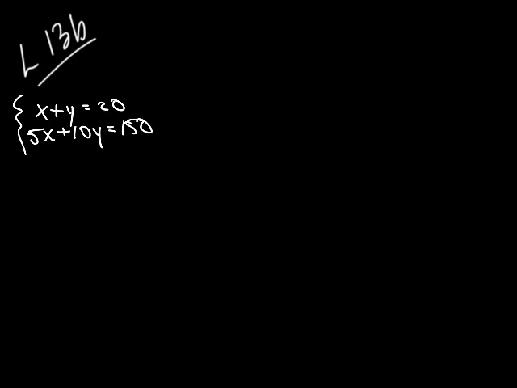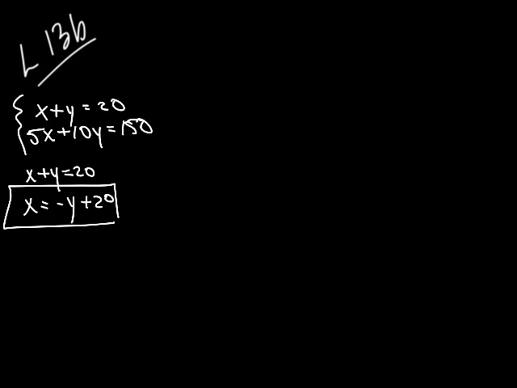So again, we're going to look for the simplest equation and set equal to something. So let's set it equal to x this time. So let's take the x plus y and set it equal to x. So I'm going to put that there, and I'm going to bring the y over here. And now I've got x equals negative y plus 20. So now in the second equation, wherever I see an x, I'm going to put negative y plus 20 in